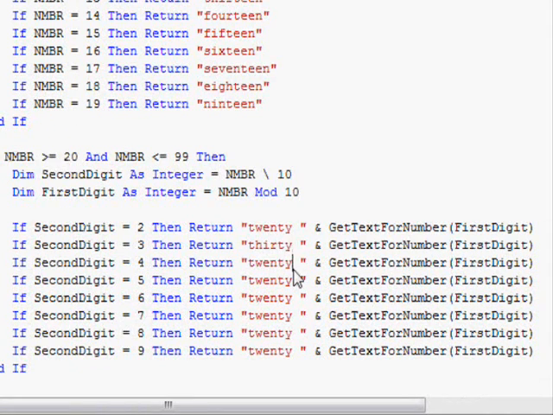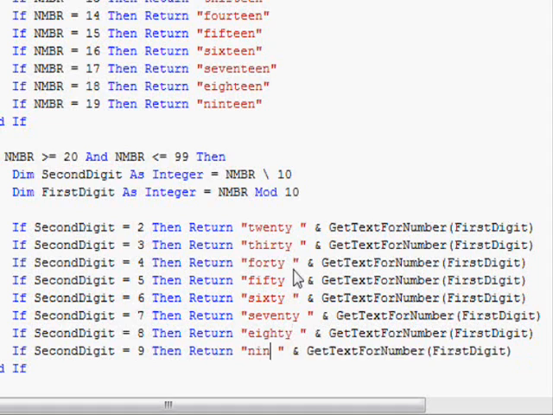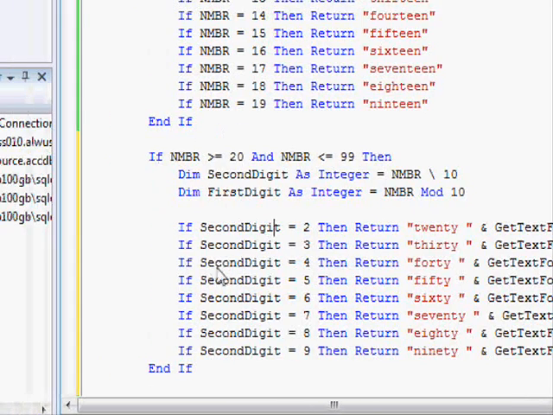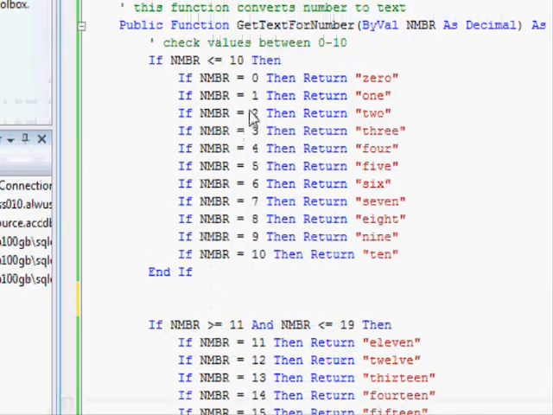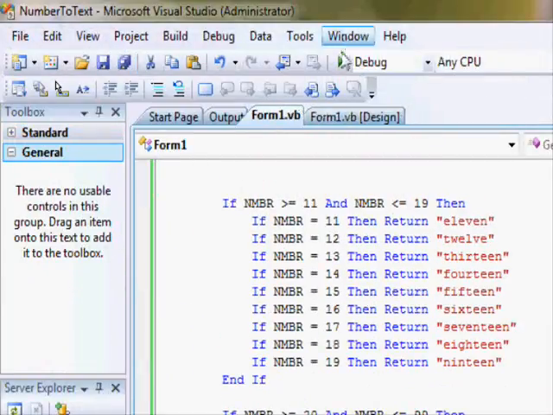So 20, 30, 40, 50, 60, 70, 80, 90. Okay, so what this means, we will be able to display the text for the values between 0